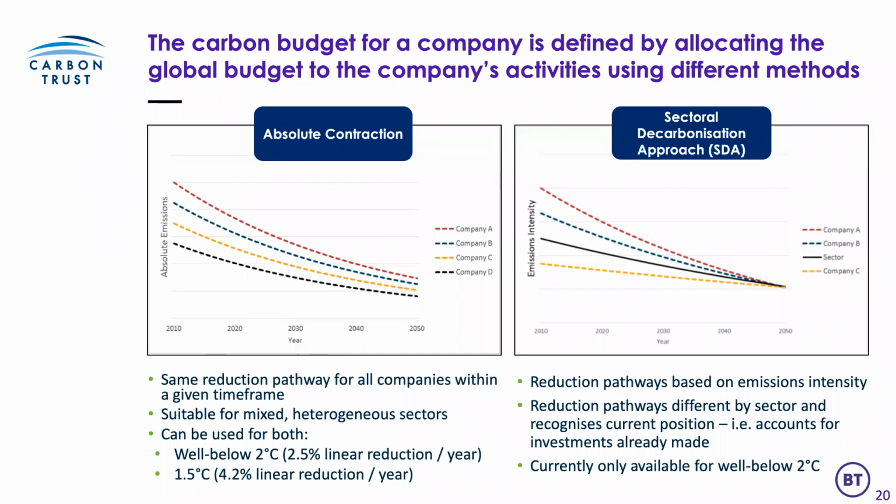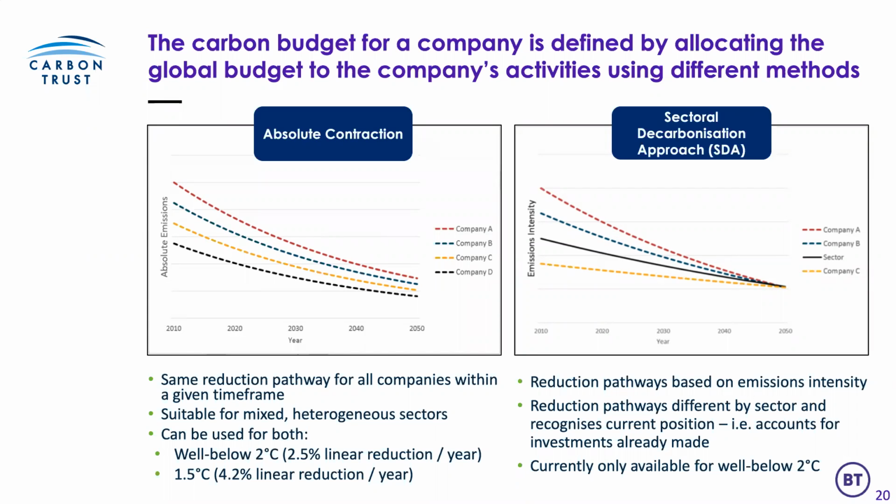And there are a number of methodologies that have been developed and used by different companies. These are probably currently the two most common and the ones that are preferred by the Science-Based Target Initiative. So the absolute contraction is simply what it says. You say, where are we now? What's the percentage reduction that we need to be in line with global science? And that gives us a pathway to